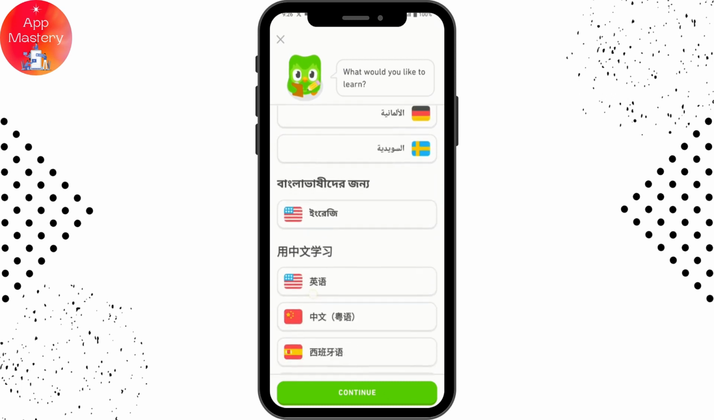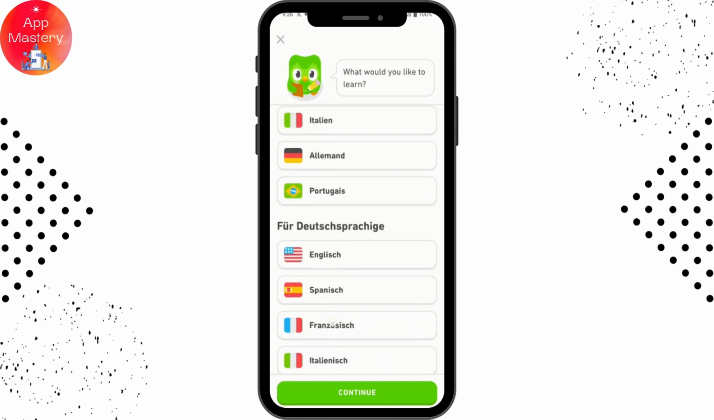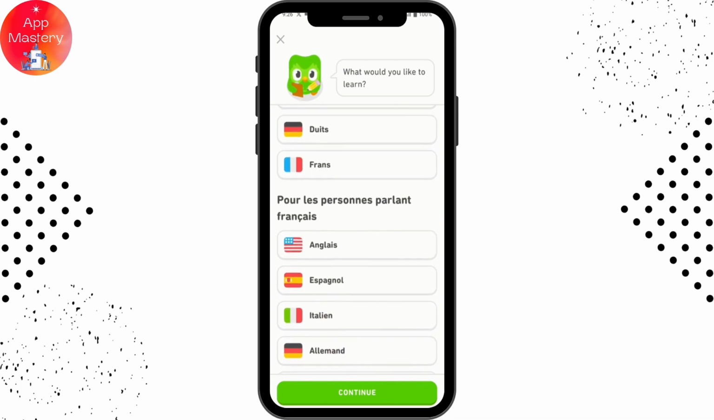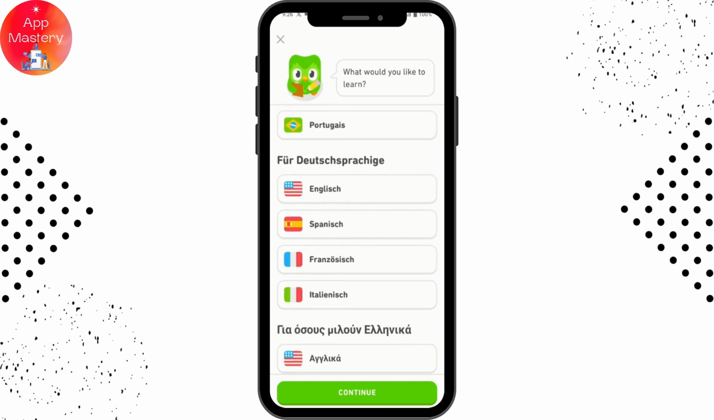Or if you scroll down again, here also you will have English, right? And here also you will have English. And if you scroll down, here also you will have English, right? So if you tap on this English, then it will teach you English from French, or the particular language that is listed. So you can only learn English if you are not an English speaking person, or if you are in